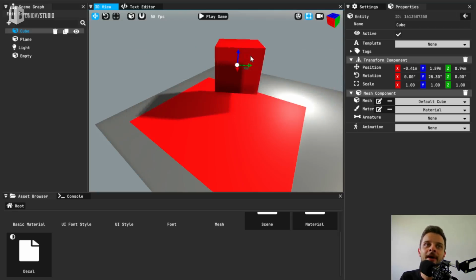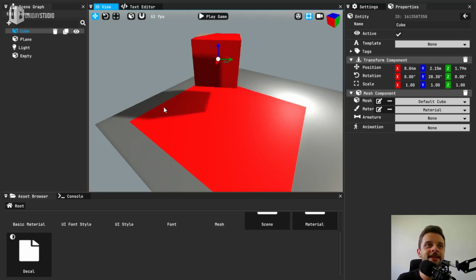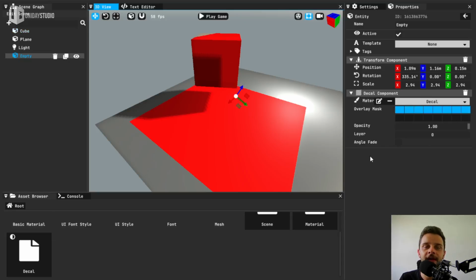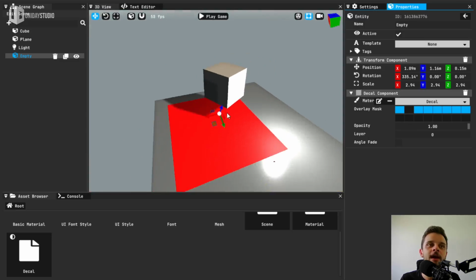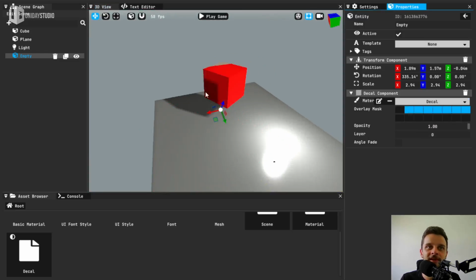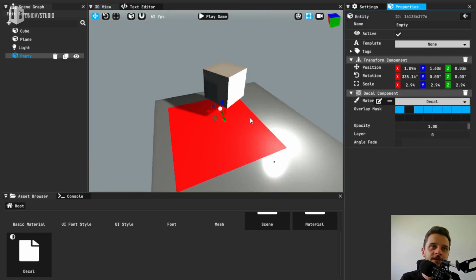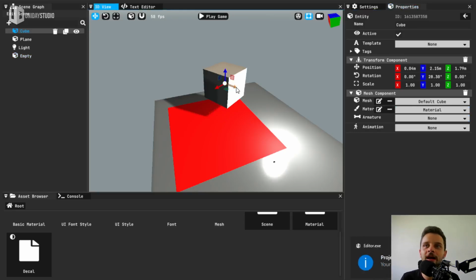But if you remember, my cube do have a different mask than my ground. So if I select my decal here and go to my overlay mask, I can disable this decal from being rendered in my cube. So now the decal is only affecting the ground, and I can do the other thing as well. I can disable the decal in the ground and enable it in the cube. So that's very useful for rendering stuff, but that's also useful,